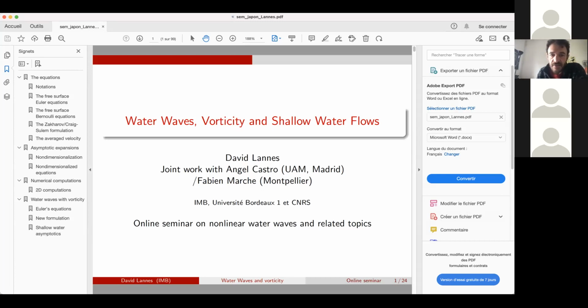And similarly, for the surface, it's the same condition, but the surface moves. So you have this kinematic boundary condition that dt zeta, the time derivative of the surface parametrization, is related to the normal component of the velocity at the surface. And then you have a boundary condition on the